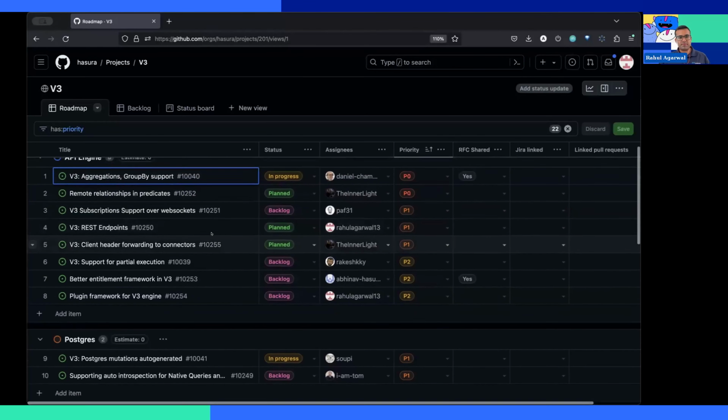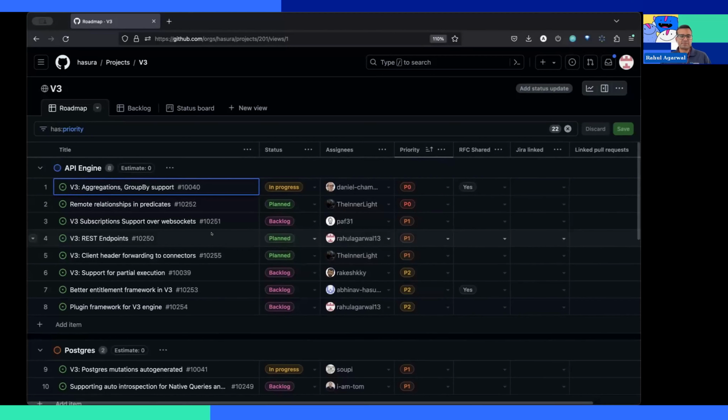And then also with DDN being the best way to implement a supergraph, we want to double down on this approach of building a supergraph and enabling superior API composability. The power of a relationship, we want to make sure that once you add a relationship, you're able to get a lot of orchestration, a lot of functionality for free. And that is why we have features like remote relationship predicates, subscriptions, and a lot of work on authorization, which Abhinav will showcase later in the call today. Those are things which are planned as well.